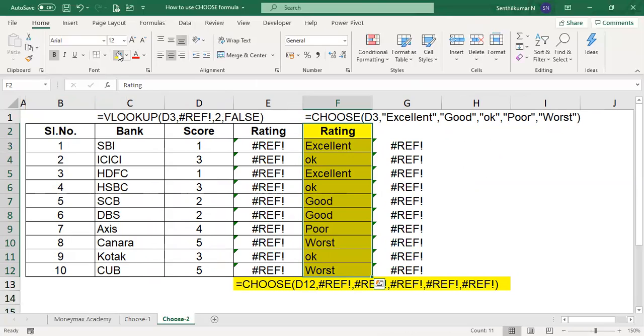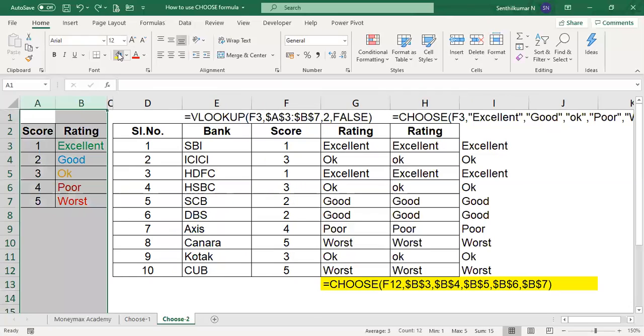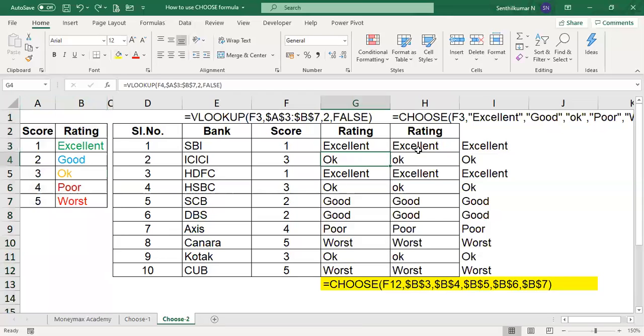If the data is deleted, you will not get any problem because you have not given any selection, you typed it manually. That is why you will get the answer. Suppose you don't want to delete the master at any cost. Then we can use VLOOKUP, or we can use the CHOOSE formula by linking the data.